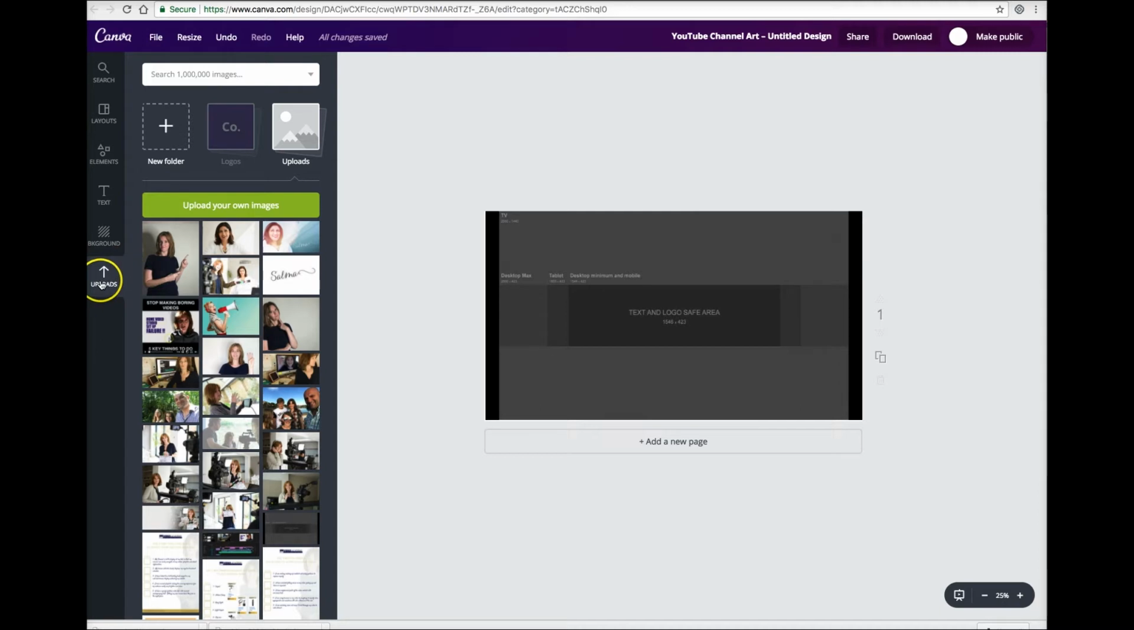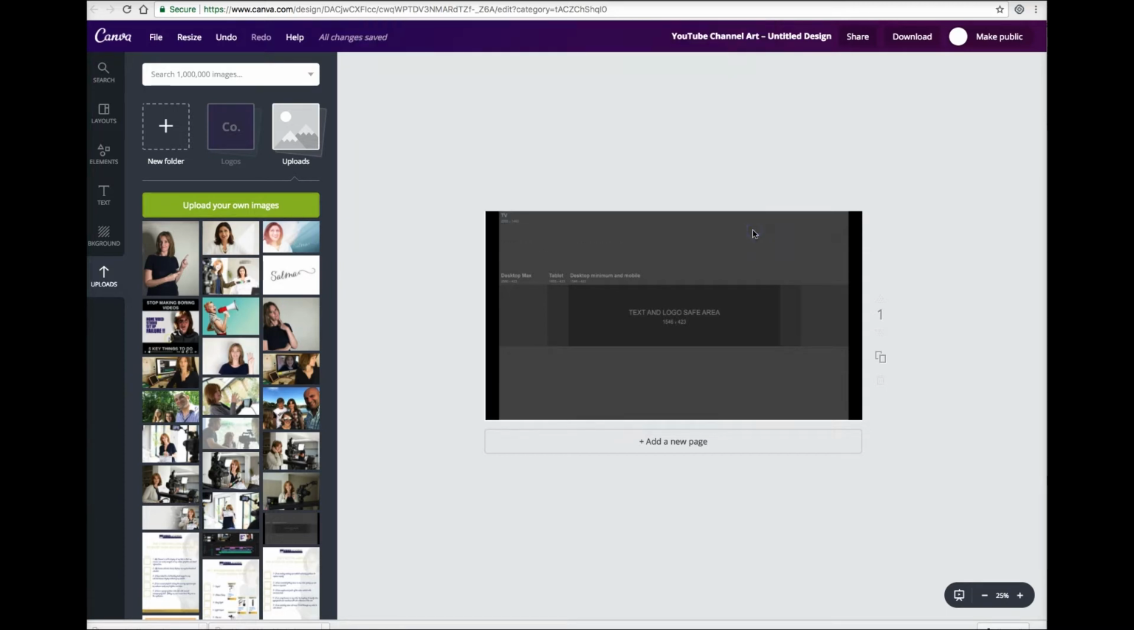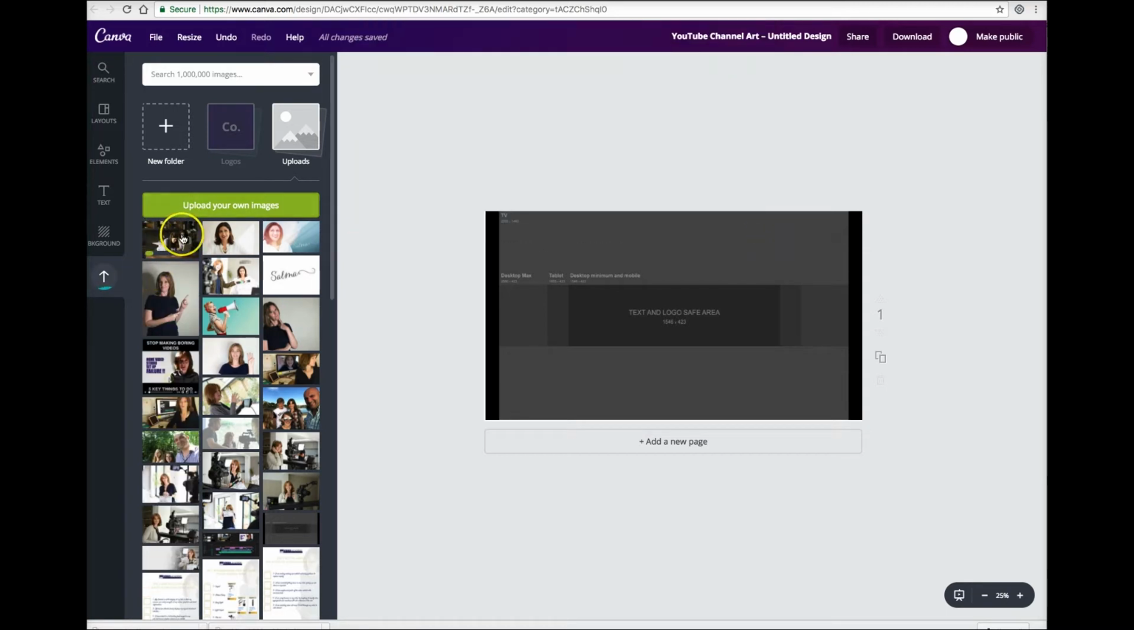So to do that, you may want to upload some specific images to you and your brand, which means you just click on this green upload your own images button, and then you're able to select from anywhere within your computer. And let me select one to demonstrate that. So here's an image. Okay, so then I click on open, and you'll see it there, it's appeared there,